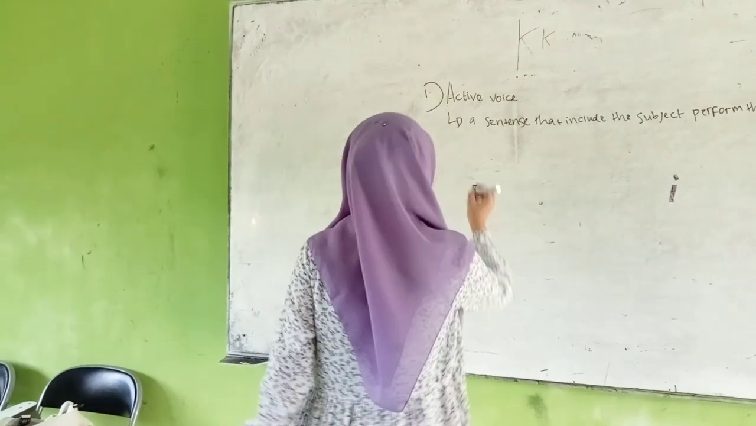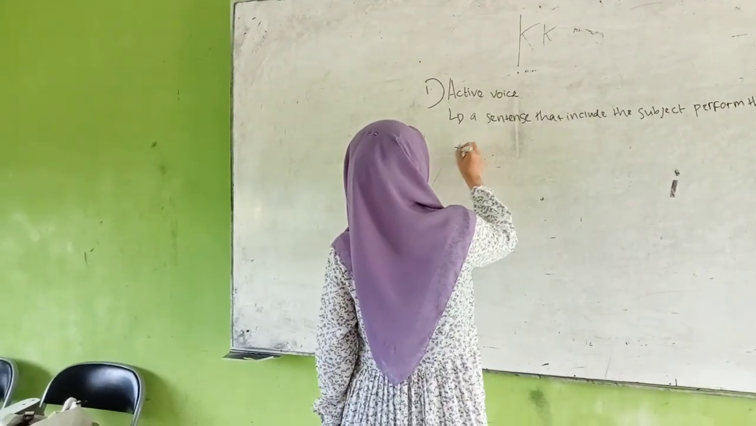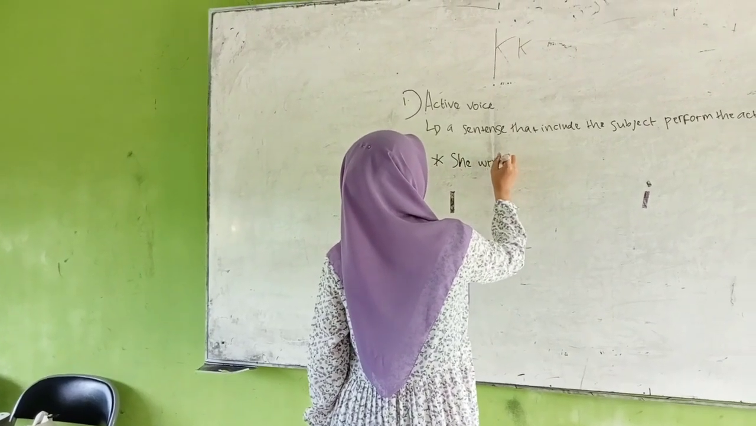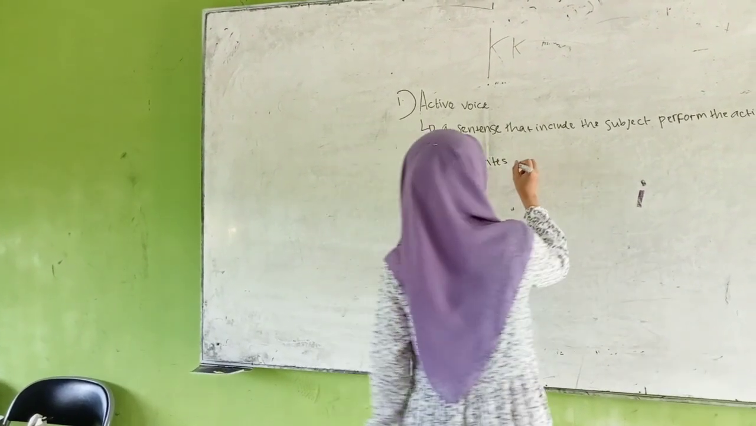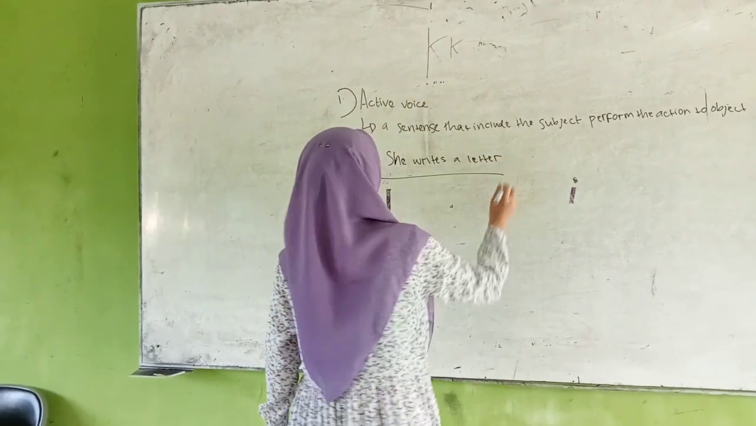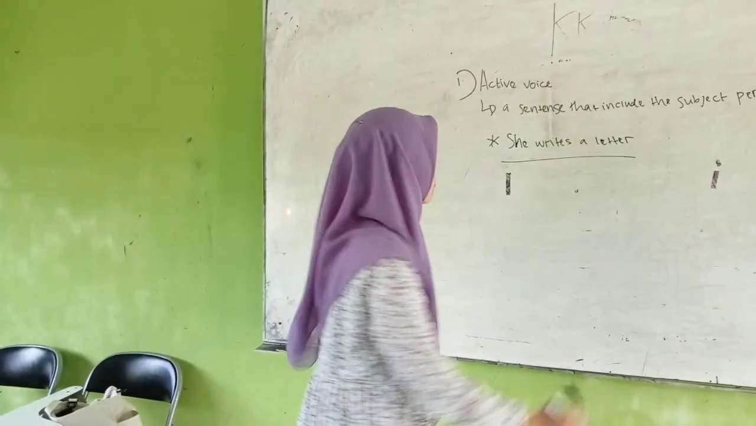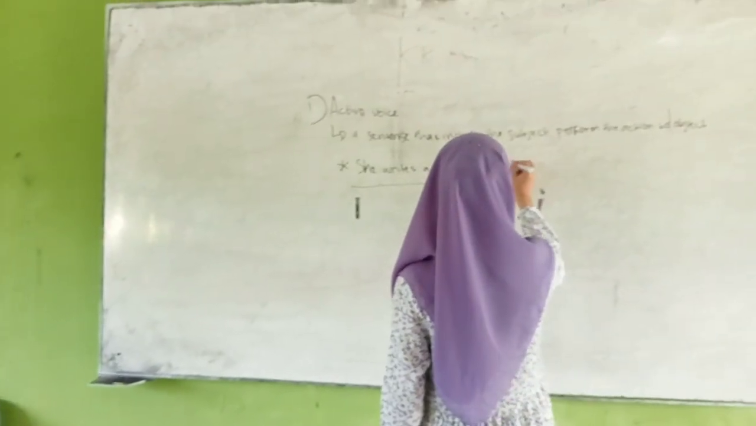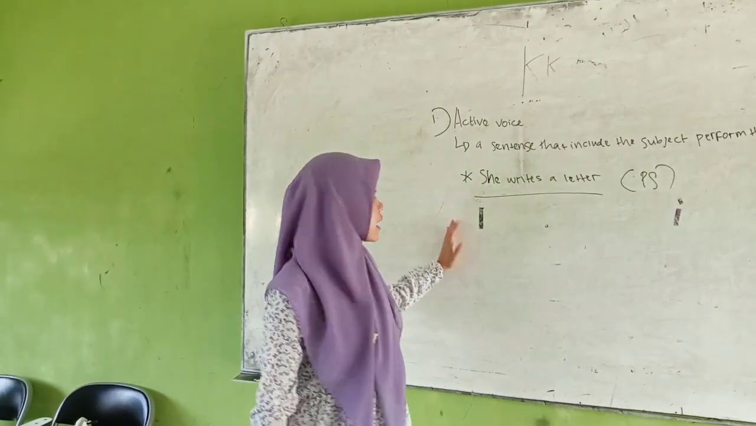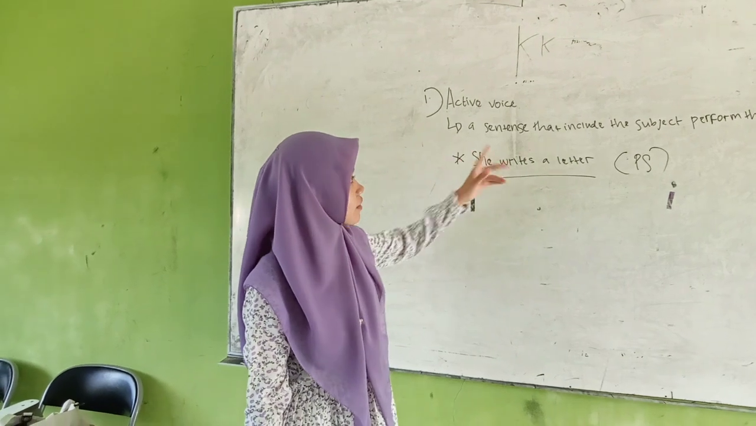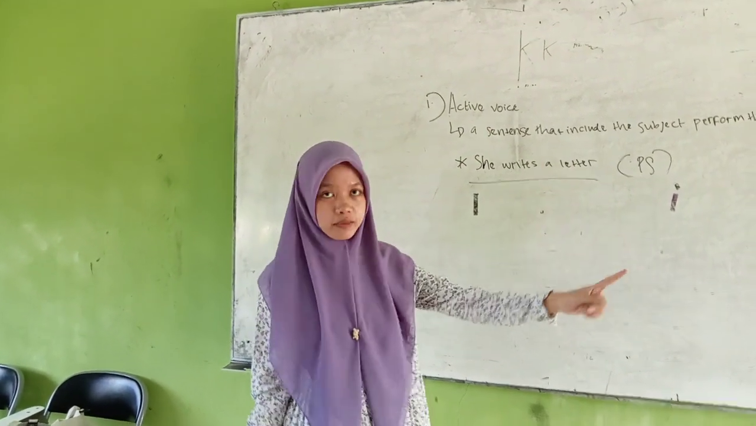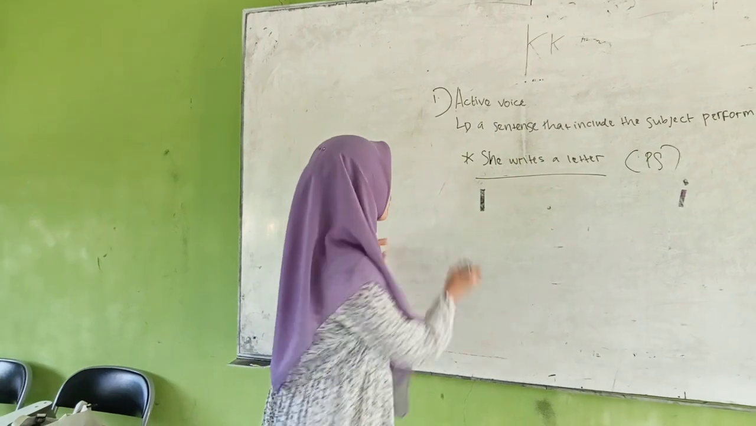For example, she writes a letter. So this is the example of active voice in present simple. And we move now. In here, active voice is a sentence that includes subject perform the action to the object. But in passive voice,